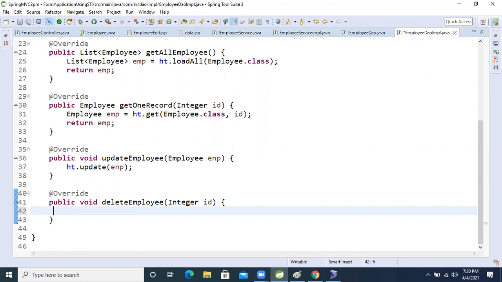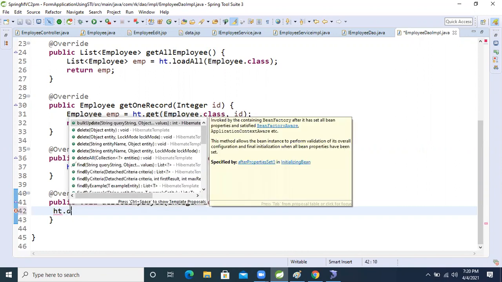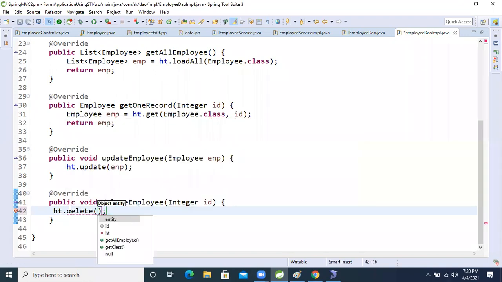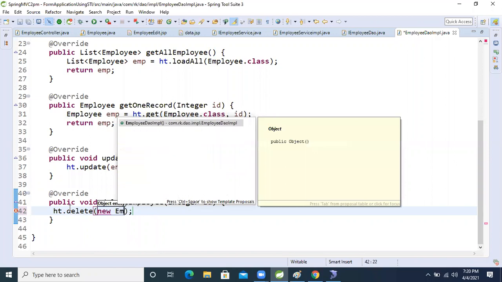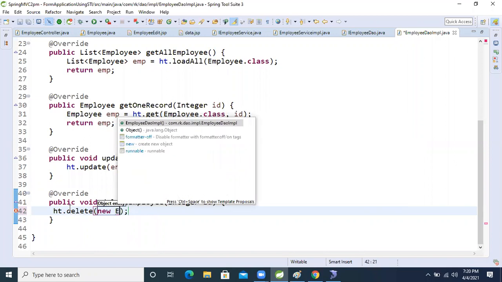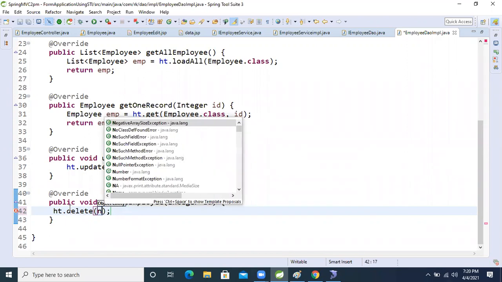Now, ht dot delete. The delete method we will call. Inside that, new employee, right? The employee object is not coming. Why?